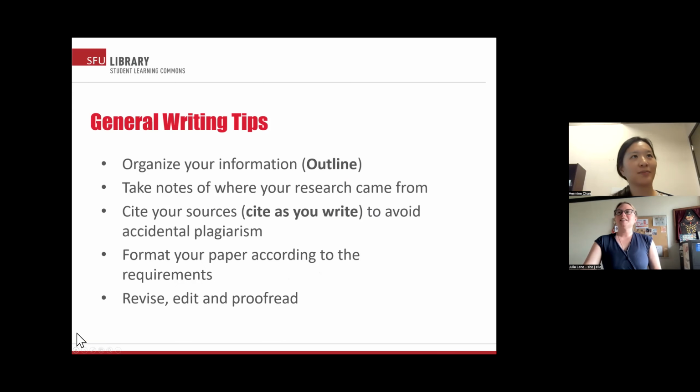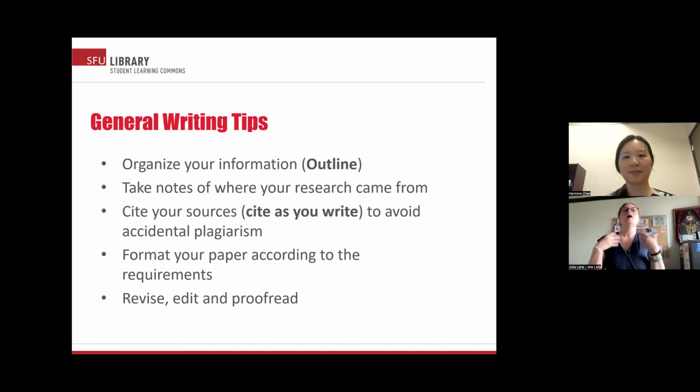So some last general tips are that outlines can really help you to organize your information. Some people love outlines. They make super detailed and then many different outlines until they have a full draft. That can be a way of writing. Other people don't love them as much. I personally am not a huge outliner, but when I learned about reverse outlines, that really works for me as